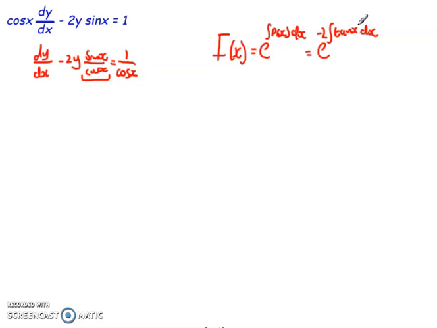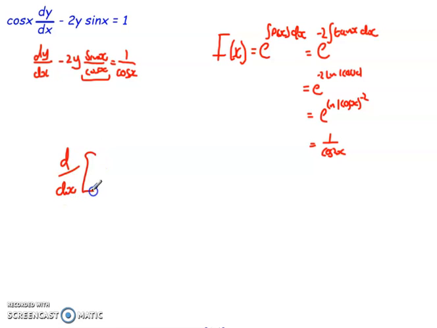Now we know the integral of tan is negative ln cos. So what that's going to equal is e to the power of negative 2 ln of cos x, which is then, if I take the negative 2 up as a power, going to equal e to the ln of cos x to the negative 2. The e and the ln cancel, so I'm going to get 1 over cos squared x. What I can then do is take this, put it back into the format that I want, and I'll end up getting my solution. So what I'll know is that d by dx of my integrating factor, 1 over cos squared x,